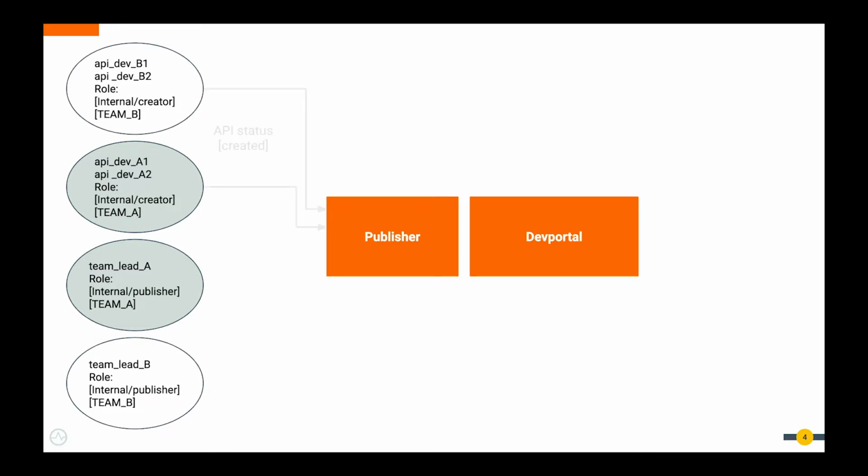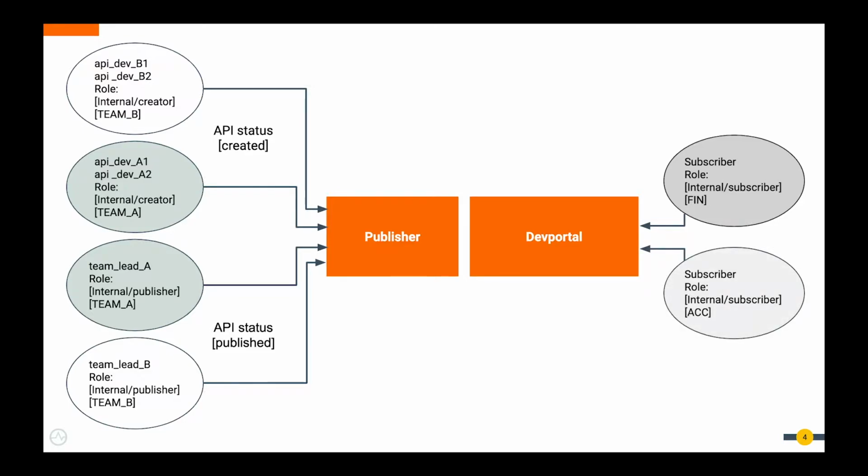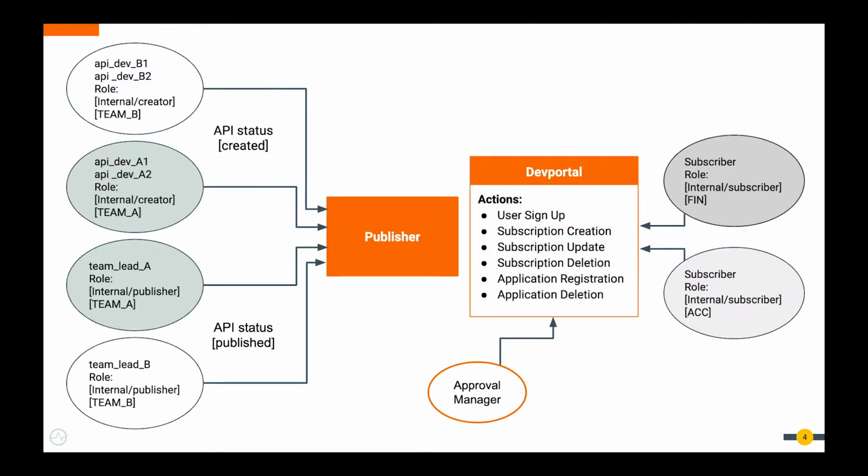Access to the Dev Portal will be controlled by the internal subscriber role, while API visibility will be defined by roles listed in the Developer Portal visibility section during the API creation. In the end, users that are part of the approval management group will need to have admin permission to get